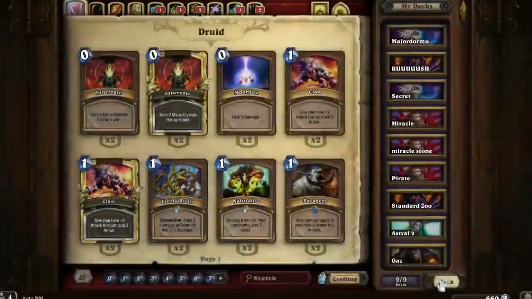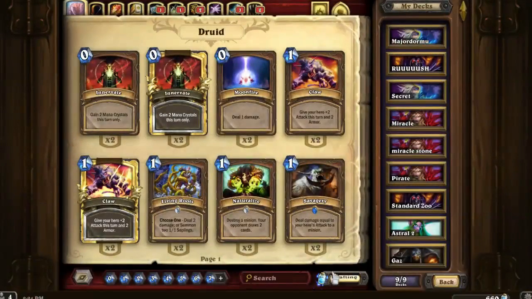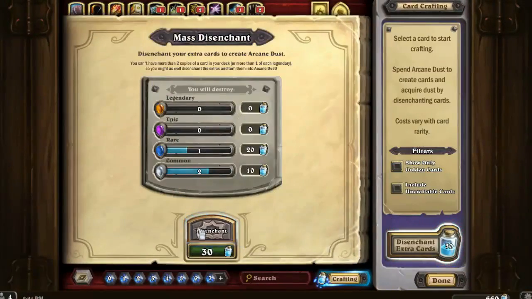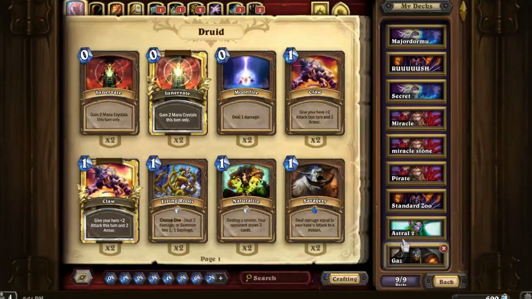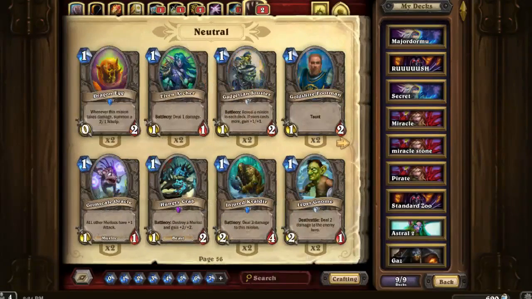Last time, we played a Paladin deck on my European account that was entirely made out of deck helper. And I wanted to do that again, but with my main account because I have different cards here. I may as well...